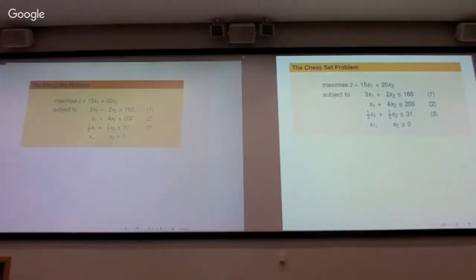So we've got this problem where x1 is the number of small sets to produce, x2 is the number of large sets to produce, and there are three constraints related to some machines. And the objective function gives us the profit that we can achieve by producing x1 of the small sets and x2 of the large sets. And now we know how to solve this. Of course, we remember how to solve this, but